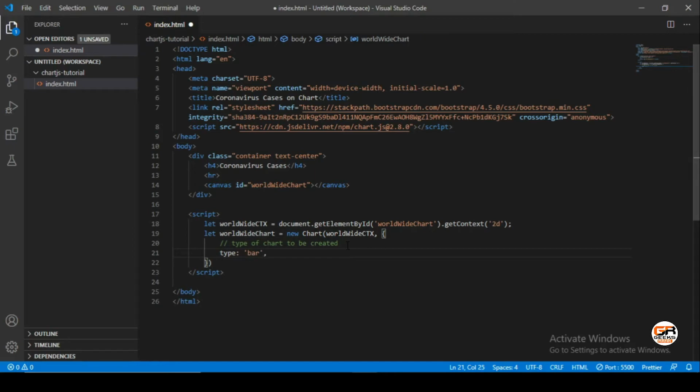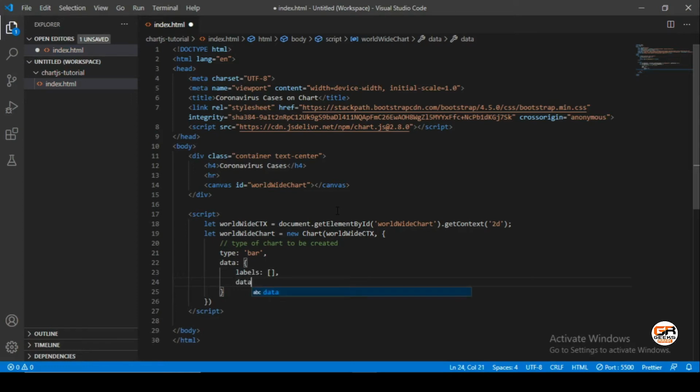Okay, after it will be data, which will be an object type, and in this object we have multiple keys. The first one will be the labels, which will be an array type, and just put all the possible keys.